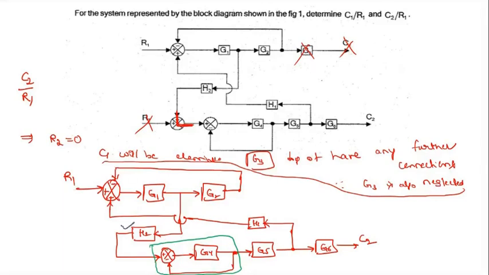this H4 and this block, these 3 blocks are in series. You should not consider H1 as a series connection because here there is a branch point. That thing you need to remember. Here there is a branch point. That's why these 3 will be series. H2 and this entire block and G5 both will be series. So if it is series, what is the answer? We'll see right now.